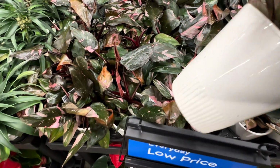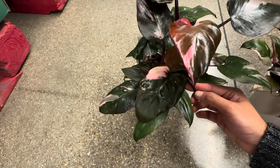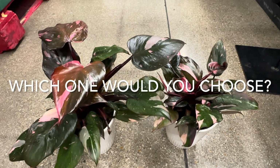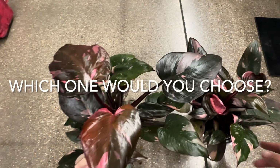If anybody, my friends in the DFW area, what do you guys think? Would you guys come to this Walmart? So I'm going to pick between this one or this one. The only reason why I would pick the one on the right is because there's way more plants, and there are